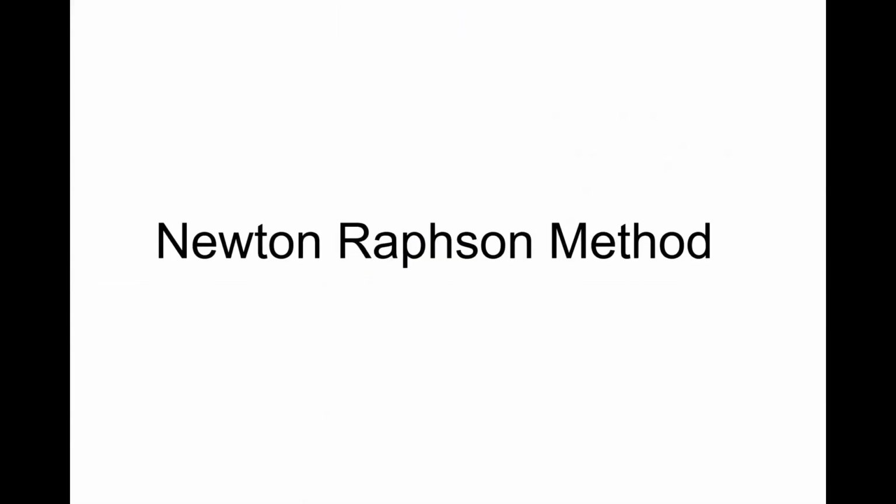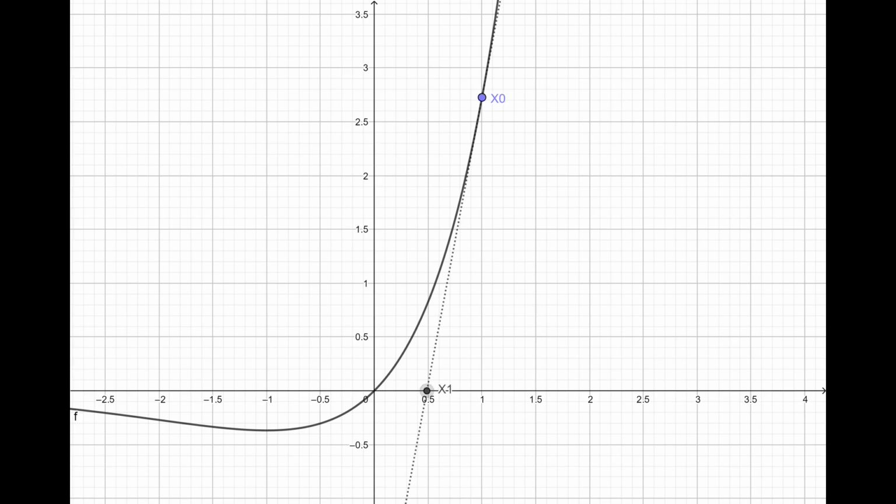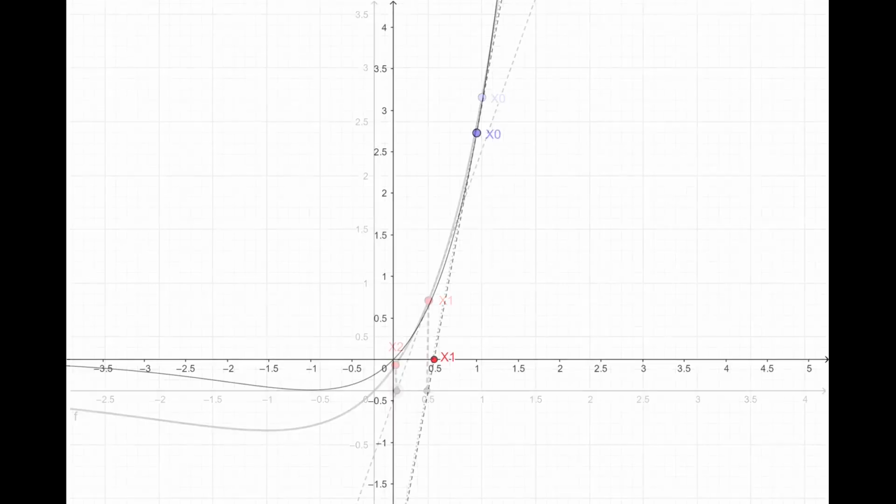Our next method is the Newton-Raphson method. Unlike the other methods, we only need one initial value in this method. As shown in the figure, we have taken the initial guess value as x0. For finding the next value, we will draw a tangent to the curve at x0 as shown in the figure. Wherever this tangent intersects the x-axis is the improved value, that is the next iteration value x1. Similarly, we draw a tangent to the curve at point x1, f of x1. Wherever the tangent intersects the x-axis will be the next improved value x2. We will repeat this process until a sufficiently precise value is obtained.